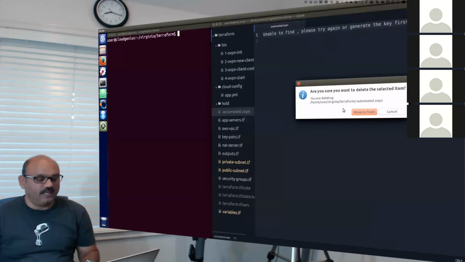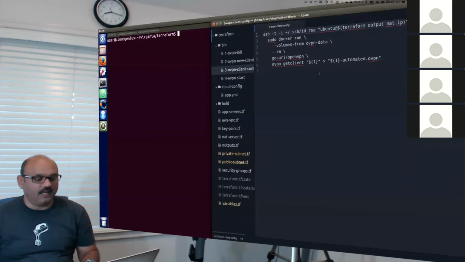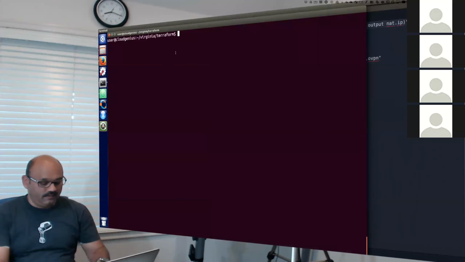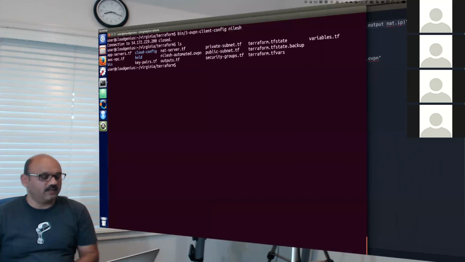So I'm going to delete that entry right now and try step number 3 again. This time, we have to gather the client for Nilesh. So I will run bin/3 and say, Nilesh, get me the client certificate for Nilesh, please. So it will go to the container and bring down this Nilesh certificate.